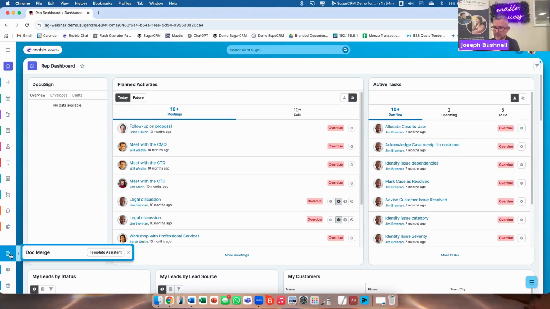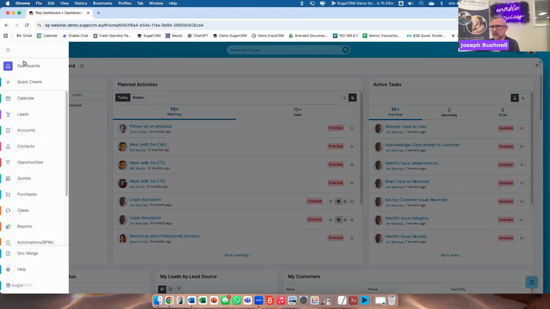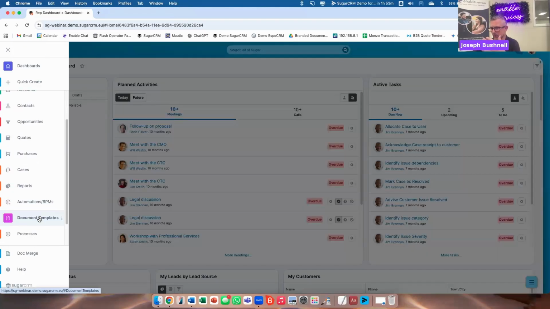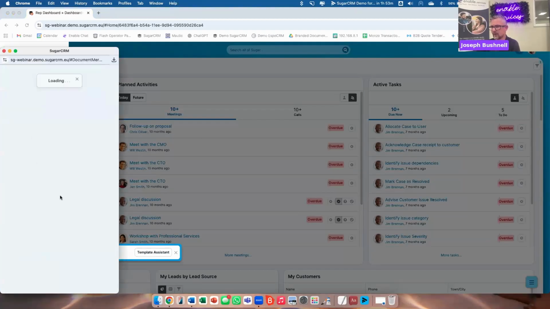So you'll see DocMerge and you'll see this little DocMerge area that we can utilize. This is where we can get this template assistant, which can help us create documents. Inside of DocMerge also belongs document templates as well. So there's two places that we go with DocMerge: document templates and the actual DocMerge down here. To create them though, we go down here, we click on template assistant, and it pulls